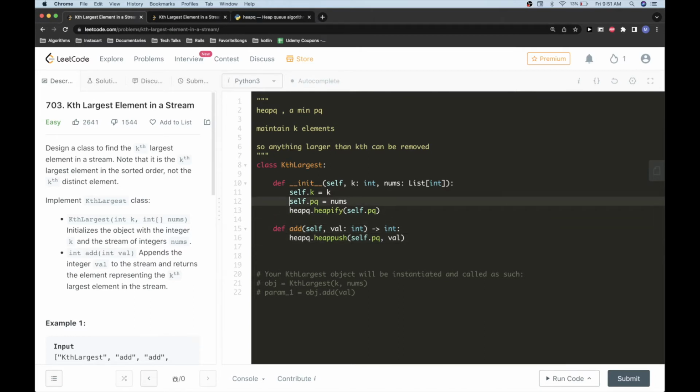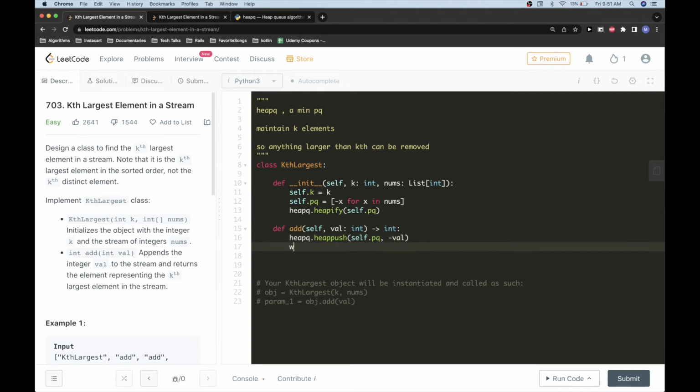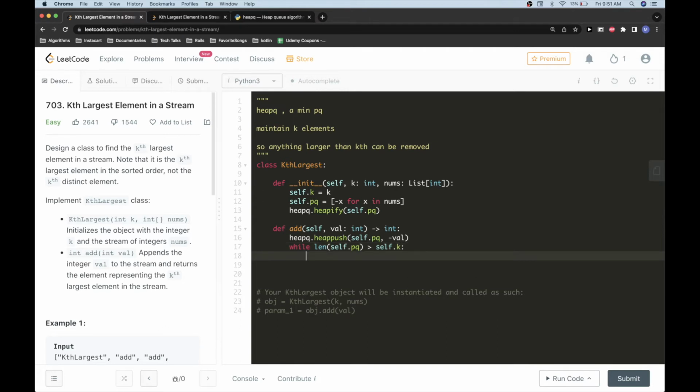So I think one thing I should do is make this like this, for x in nums. Now I have it in the reverse order, and I will push minus val. And now here, if I do while the length is bigger than k, then what I want is to pop